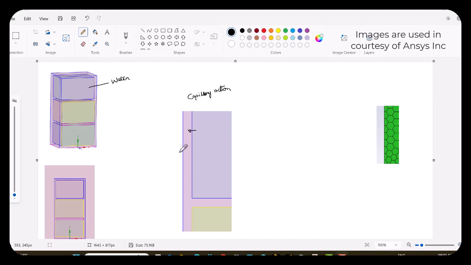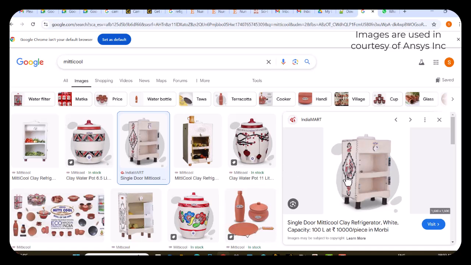Yeah, friends, in this video we'll discuss the evaporative effect that happens in any clay refrigerator. Generally in India we call it a MittiCool apparatus or MittiCool refrigerator. You can see the water would be placed on top of this. The water present at the top would try to seep through these walls